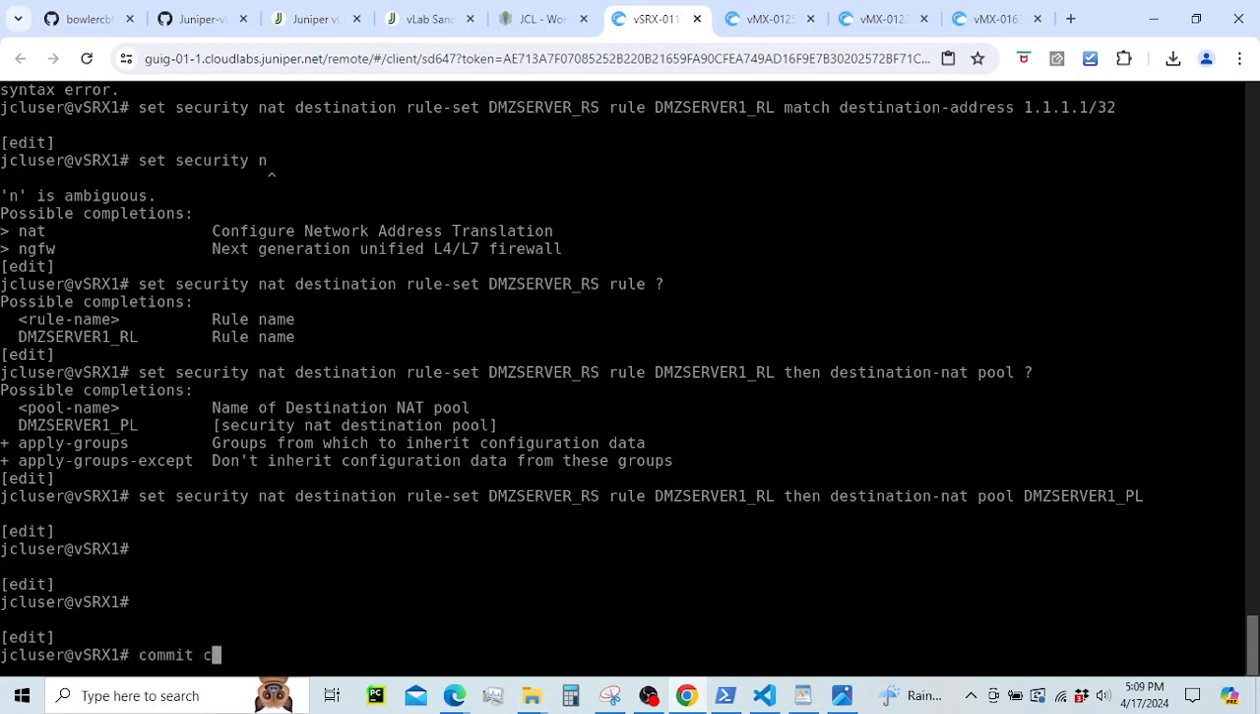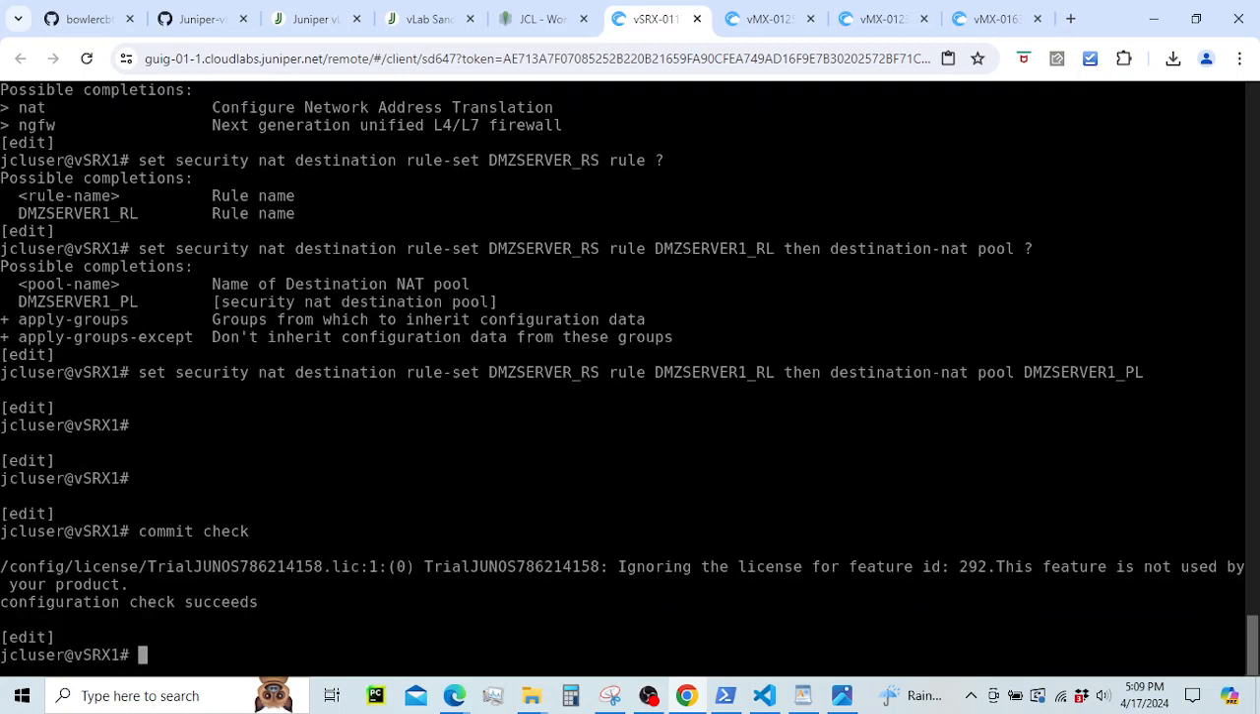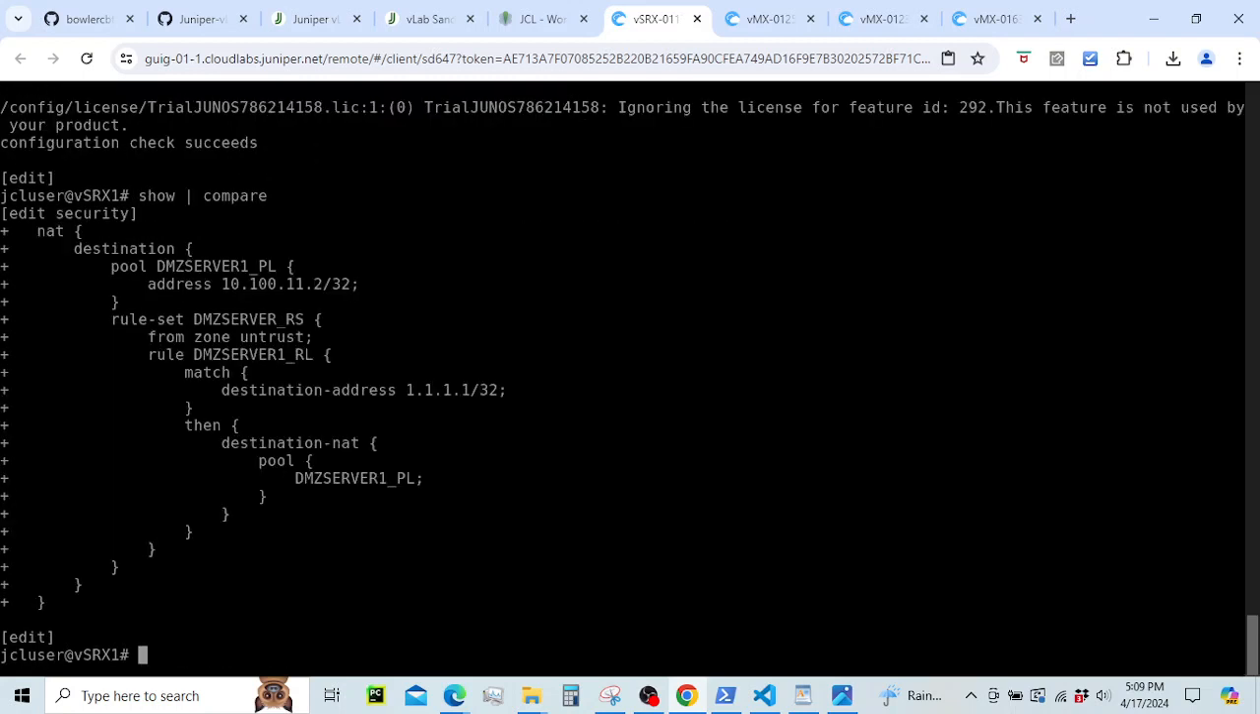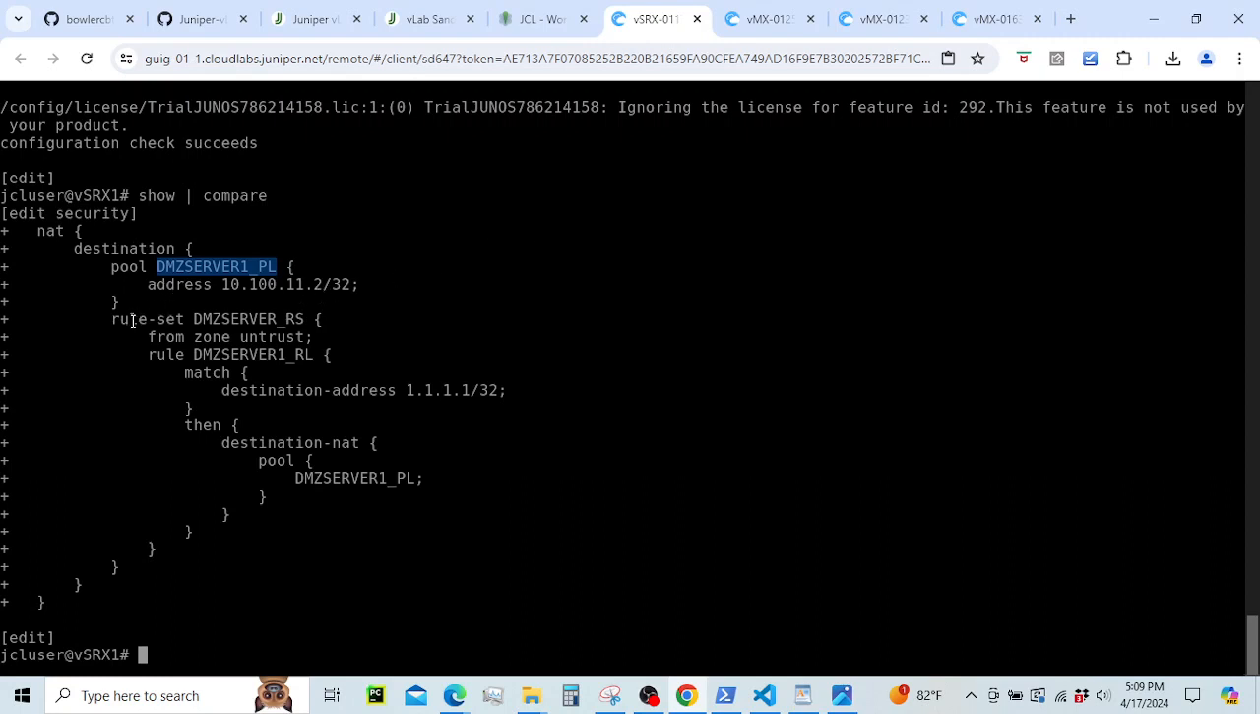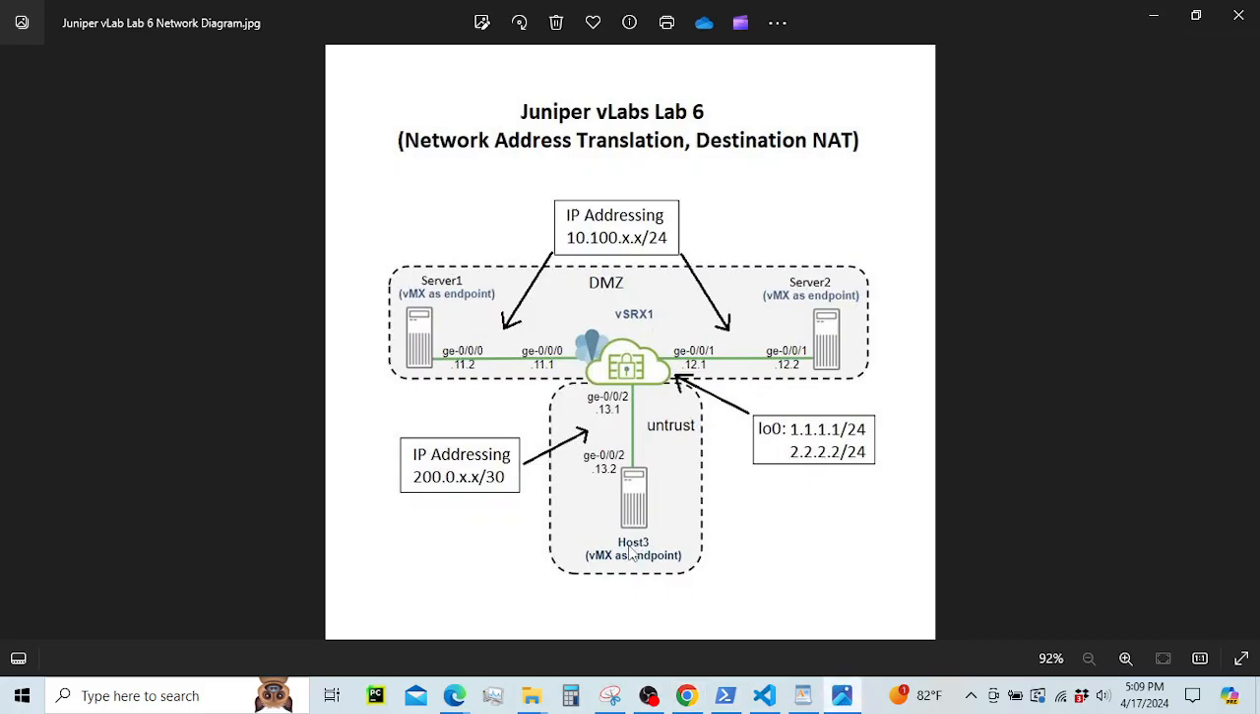So if I do a commit check, let's verify that the check is good. It succeeds. So let's do a show pipe compare, and we'll run through this. The first thing we did is we created the pool called DMZ server 1 pool, where we defined the server 1's private IP address 11.2. And then we defined a rule set saying that traffic from the untrust zone is going to use the DMZ server 1 rule, and if it matches a destination address of 1.1.1.1,